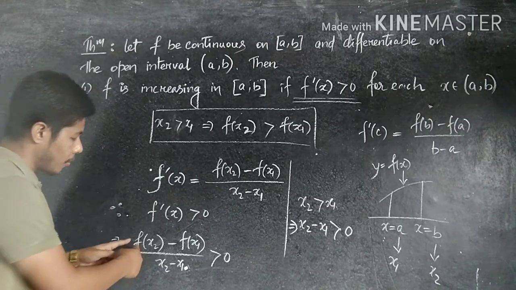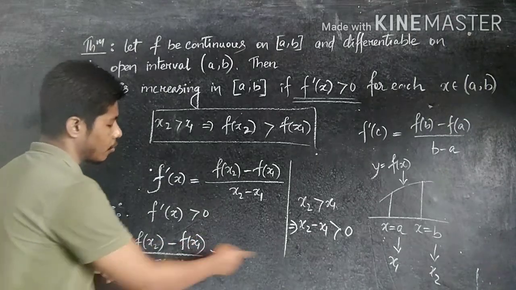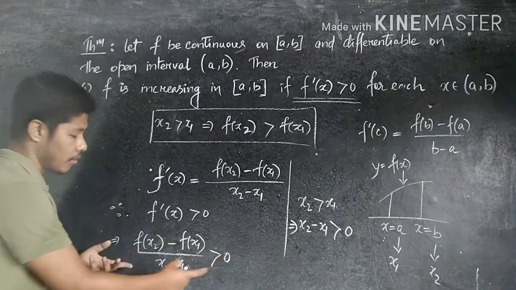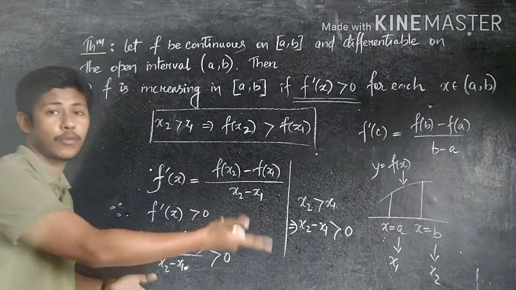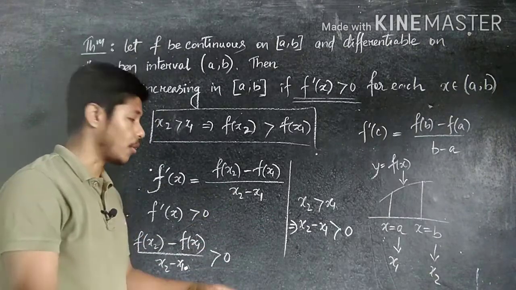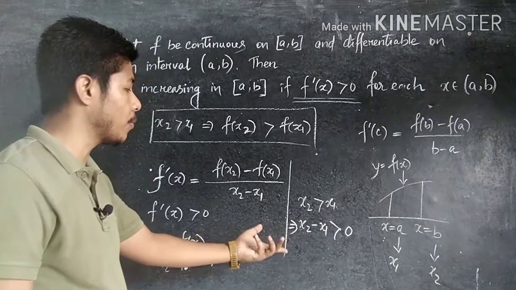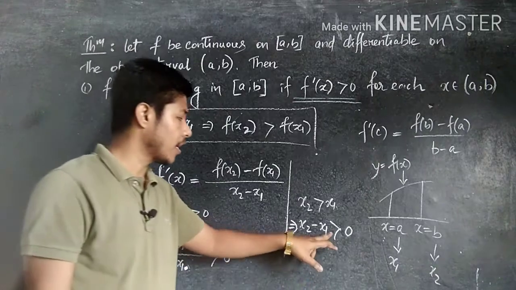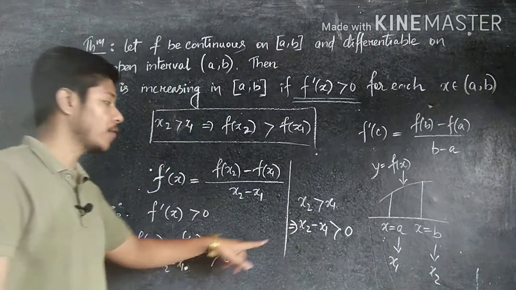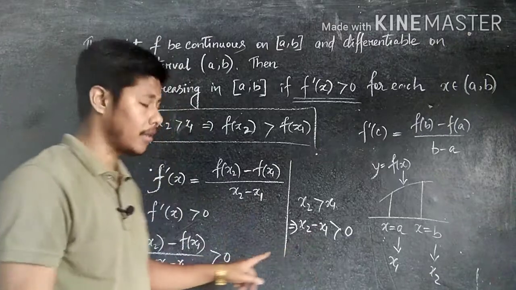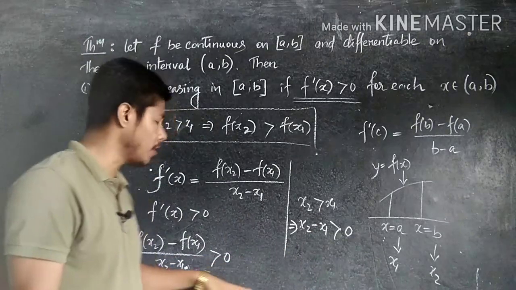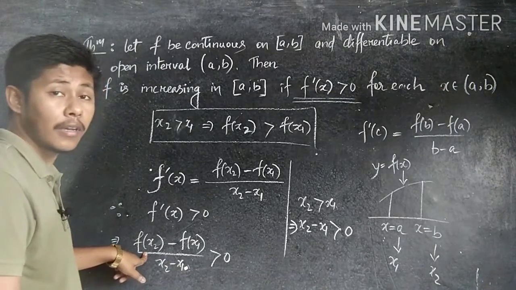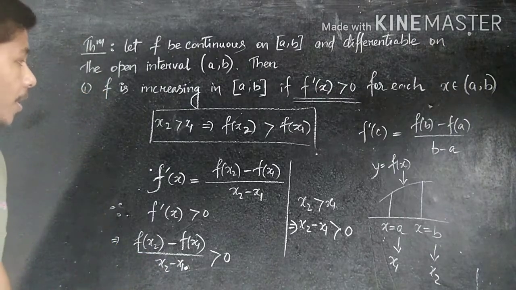Multiplying x2 minus x1 on both sides, you can think of it in this way also. Multiplying both sides by x2 minus x1, this one is cancelled here. 0 into x2 minus x1 is 0. Why can we multiply? Because the x2 minus x1 value is positive. If it were a negative value, then the sign would change. But since it is a positive value, the sign does not change. So finally what will remain here? Only x2 minus x1 remains.